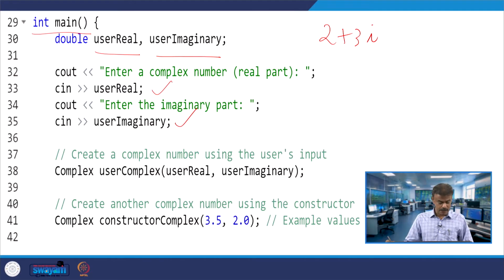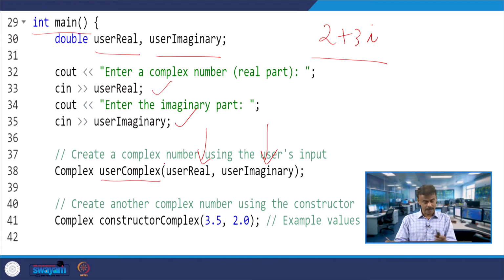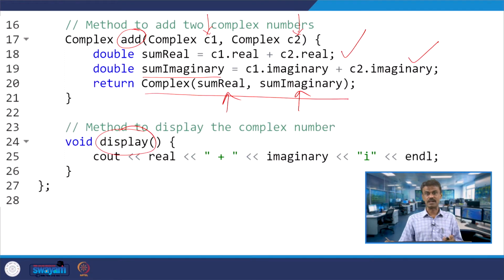Now here you go, I have the user complex object, and I am passing user real and user imaginary, whatever I have taken as input from the user. Whenever you create an object, this will invoke the constructor.